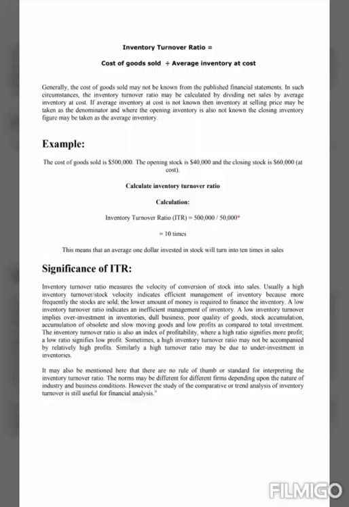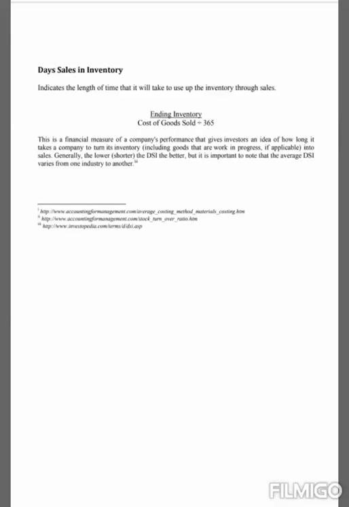And here is the final slide, which gives the days sales in inventory. DSI indicates the length of time taken to sell inventory: the ending inventory divided by the cost of goods sold, multiplied by 365 for a year. This is a financial measure of a company's performance that gives us an idea of how long it takes to turn inventory into sales. And here I end my